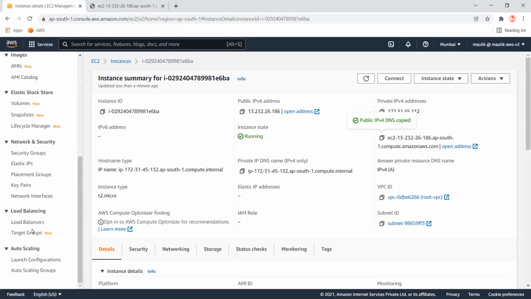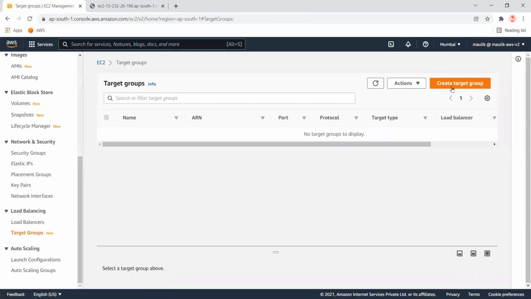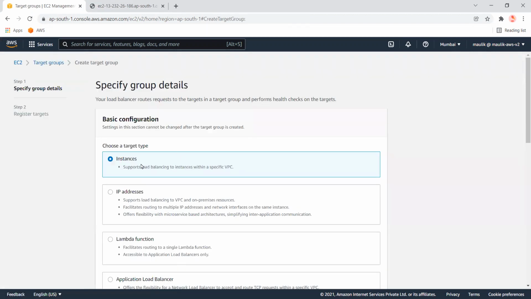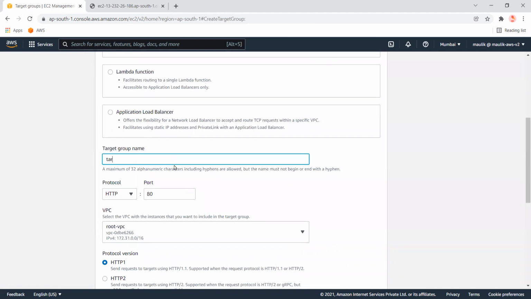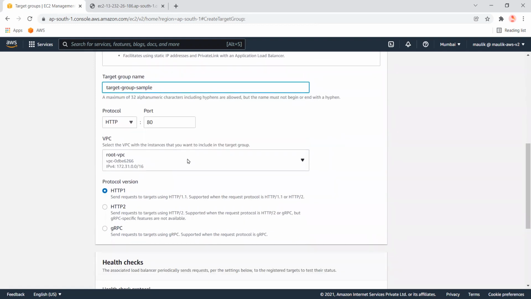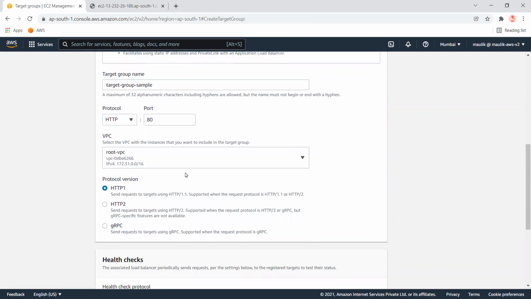Now the next step is to create the target group. This target group will be linked to the application load balancer. There are a lot of options here. First of all, we want to add instances of AWS itself, and if you want to include instances of another hybrid data center, then you can use the other options as well. So let's select this one, and we will select the default route.